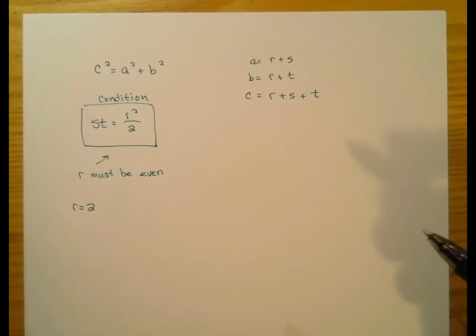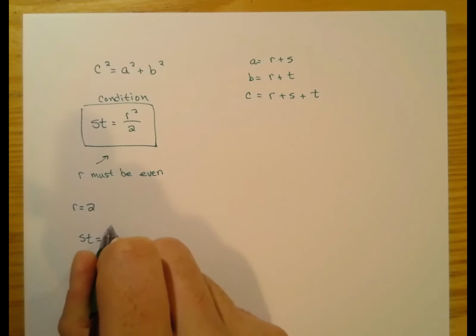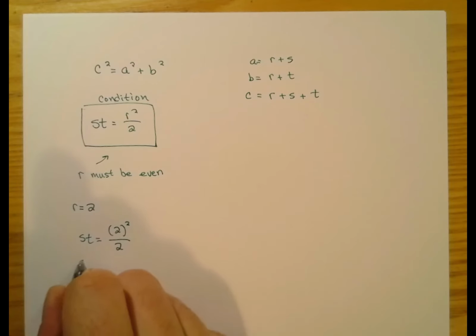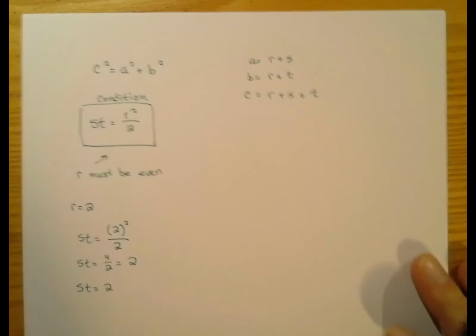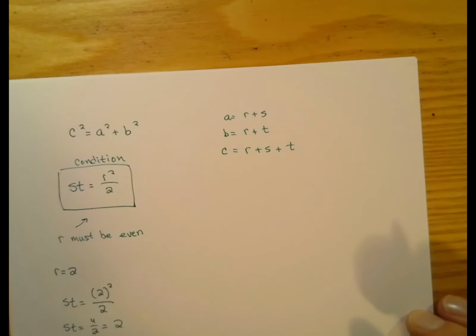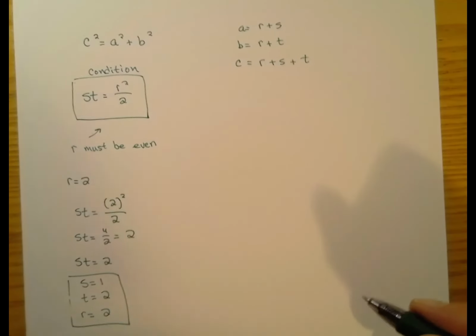Okay, so now let's use our condition to figure out what s times t is. st is going to be r, which I've just chosen as 2, squared divided by 2. So st, 2 squared is 4, 4 divided by 2 is 2. So st equals 2. So now I just choose any two random numbers that are whole numbers to make a product of 2. So if s equals 1 and t equals 2, and my r equals 2, this will generate a Pythagorean triple if I